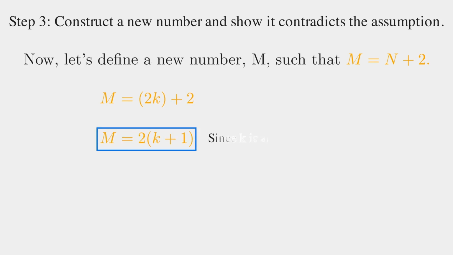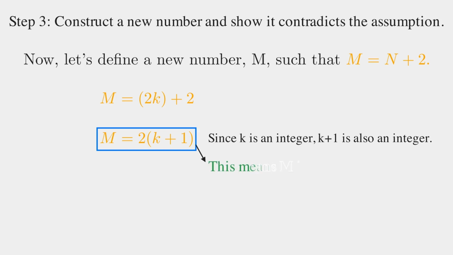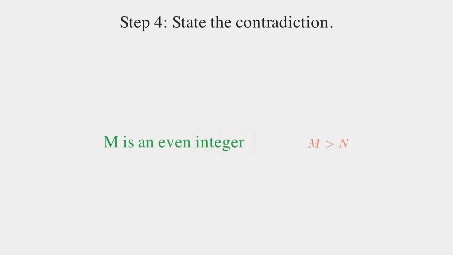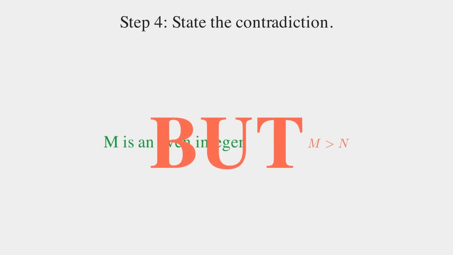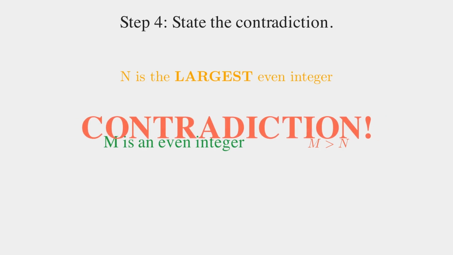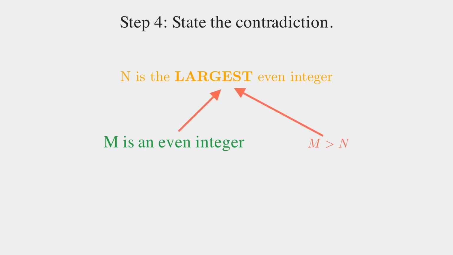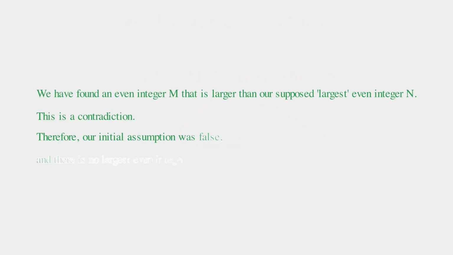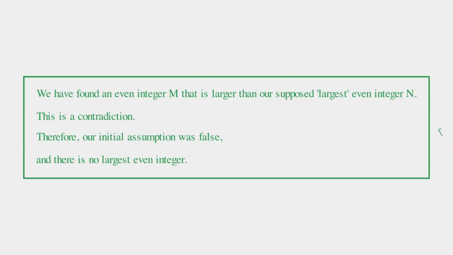Now, since k is an integer, k plus 1 is also an integer. Now, this means that m, which is 2 times an integer, is by definition an even number. Since m is equal to n plus 2, it is clear that m is bigger than n. Now, we have successfully constructed a number m that satisfies two conditions. m is even and m is bigger than n. This directly contradicts our initial assumption that n was the largest even integer. Now, since the assumption leads to a logical impossibility, the assumption must be false. Therefore, we conclude that there is no